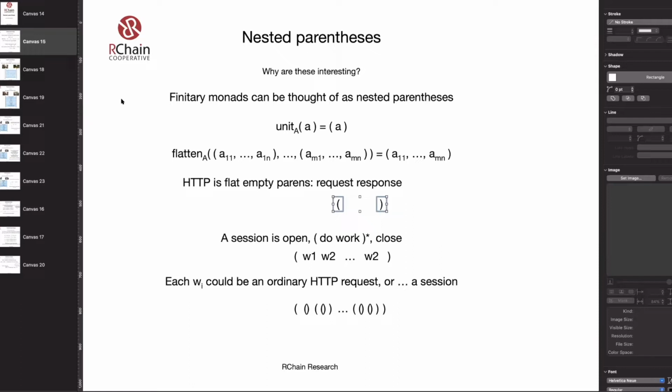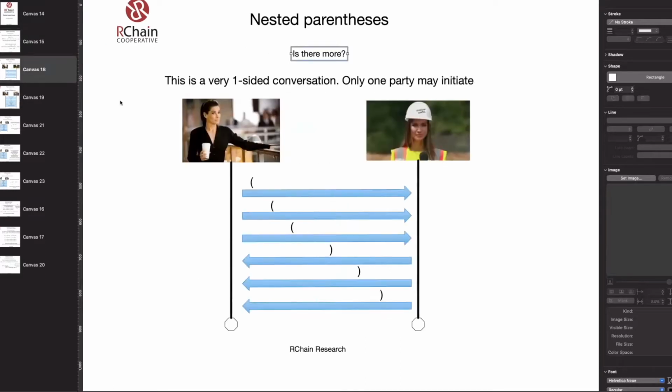And sessions you can think of also as an open paren, and then a bunch of work requests, and then a close paren. And you could imagine nesting these as much as you want. So for example, something like this, but this is a very one-sided conversation, right?